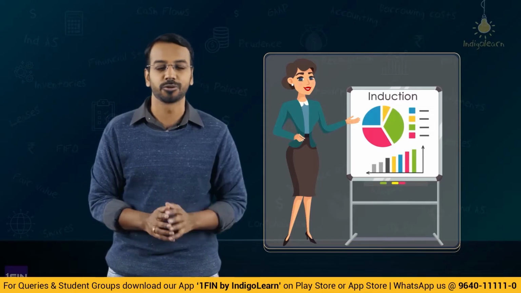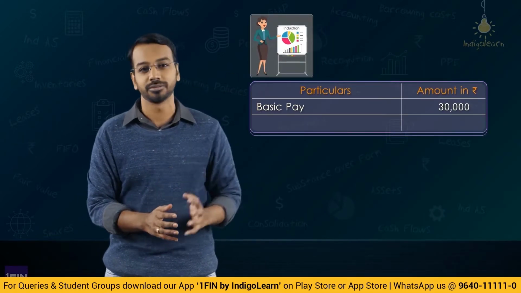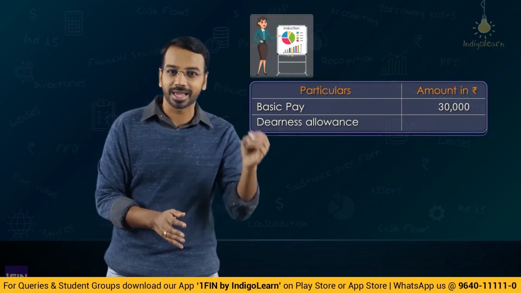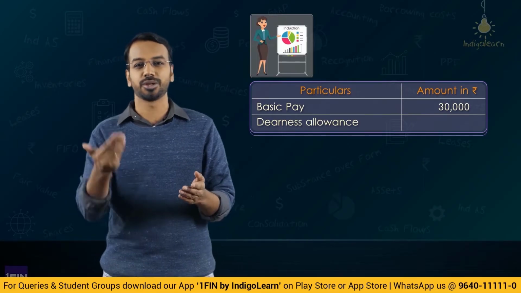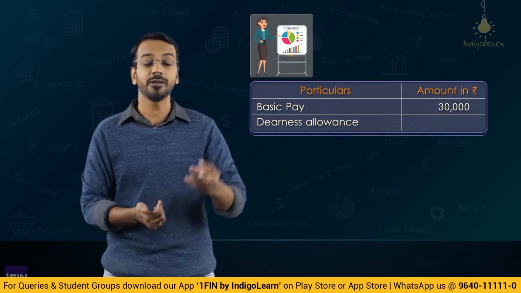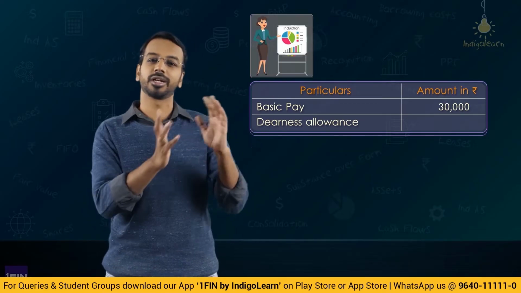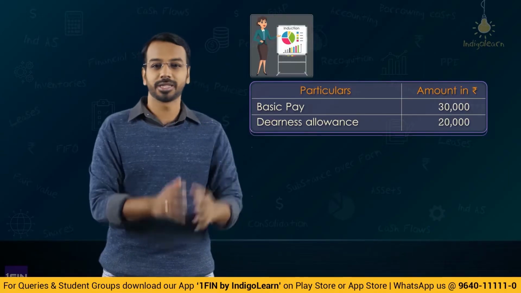So, if I have to just run you through those components, we had something called basic pay and the basic pay was 30,000. Okay. Then we had something called the dearness allowance. Dearness allowance, this generally is given by traditional manufacturing or PSUs. Okay, you will not see this much in a private company. Dearness allowance was 2/3 of the basic pay. So 30,000 was the basic pay, dearness allowance was 20,000. Okay. 30 plus 20 makes it 50.